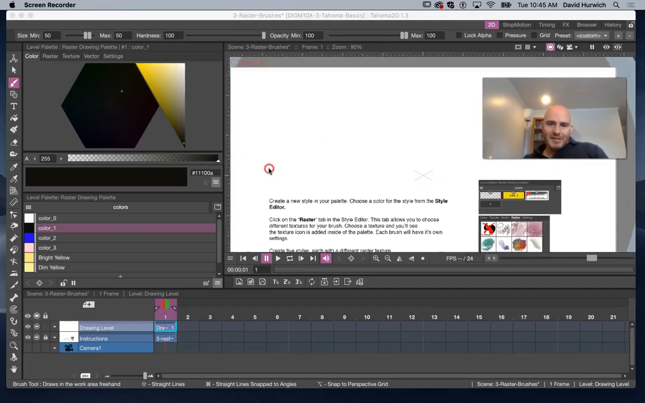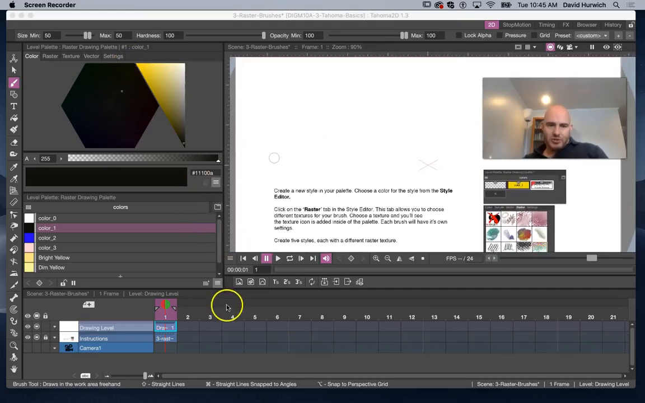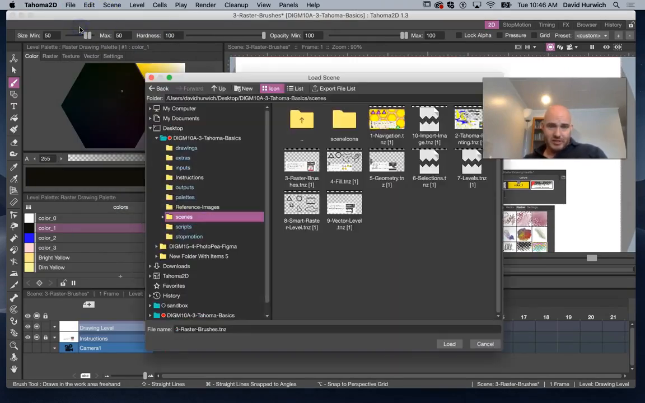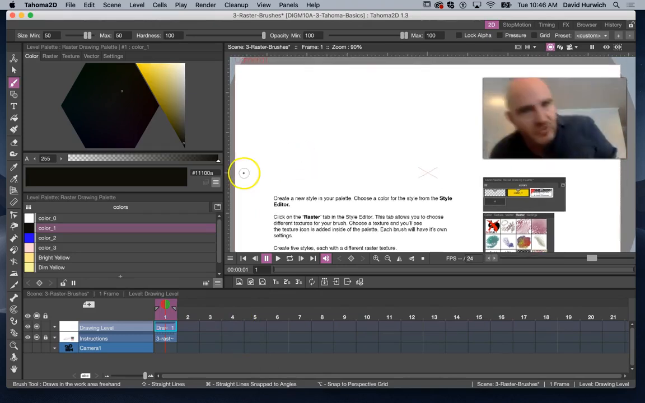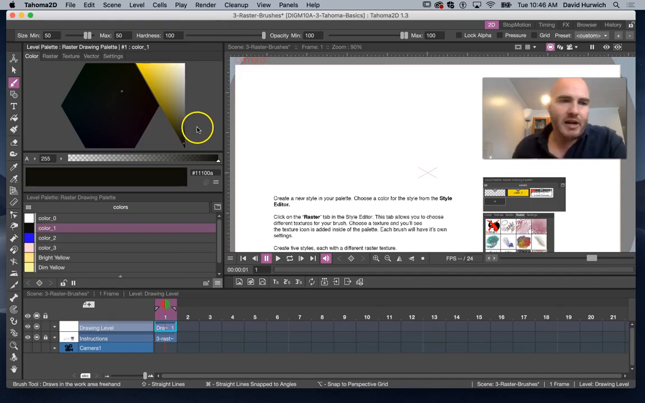Alright everyone, this is scene 3, by the way. I've gone to load scene and opened up scene 3. I just want to let people know that I don't collect these drill files. These are purely for practice. Don't worry if yours does not look like mine, I'm not grading or collecting any of this stuff. Okay, so this is scene 3 here, and we've been talking about using the brush tool,